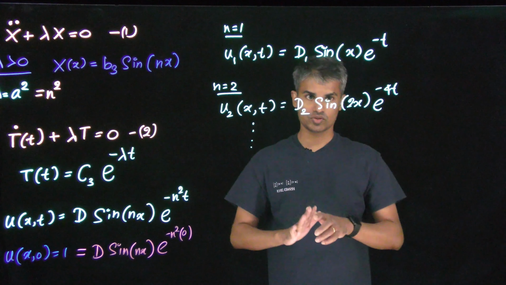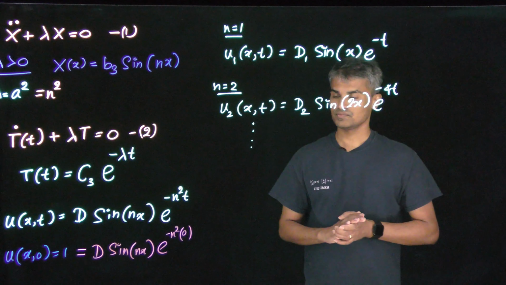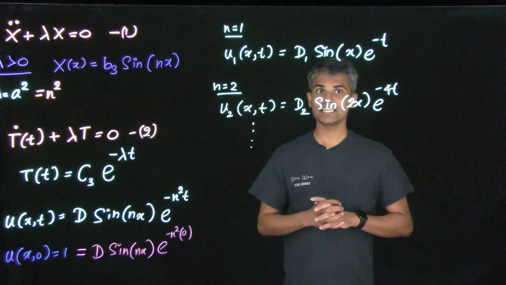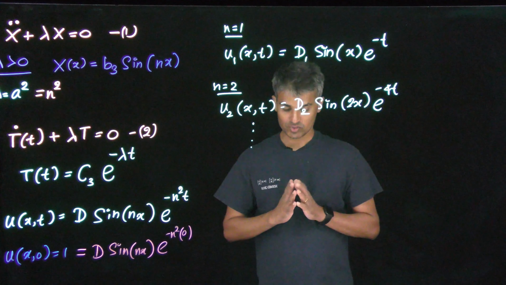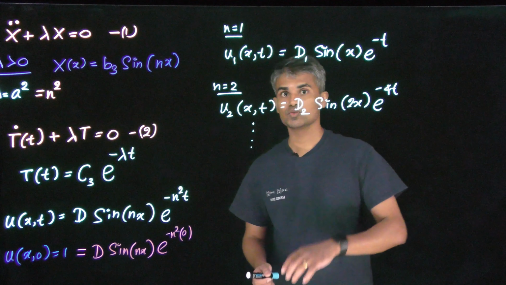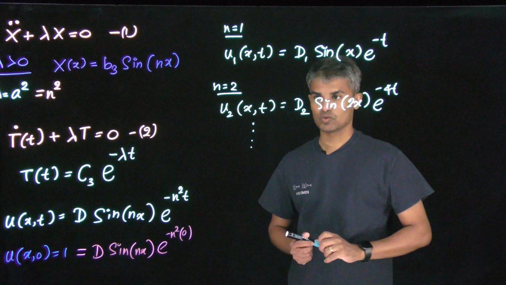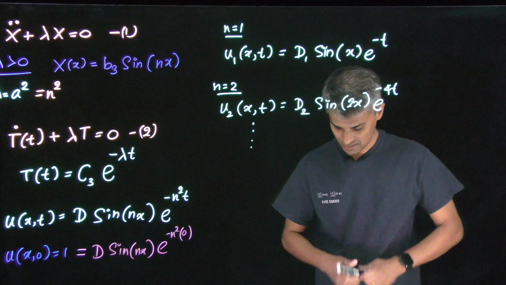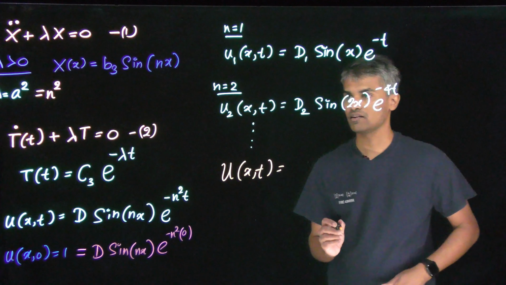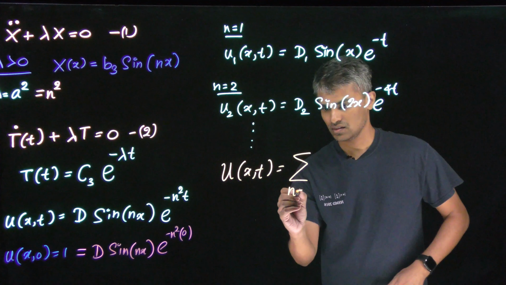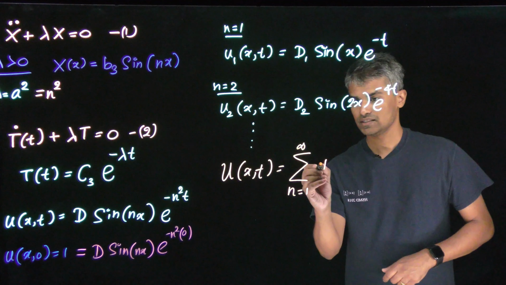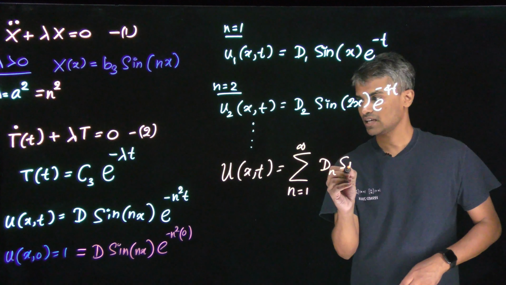And each of these solutions satisfies both boundary conditions. And our original PDE was a linear one. So, from the superposition principle, we can construct a new solution using the linear combination of all of these solutions. So, let us say you have big U of x comma t equals the sum of these solutions. Okay, let us say it is dn times sine of nx